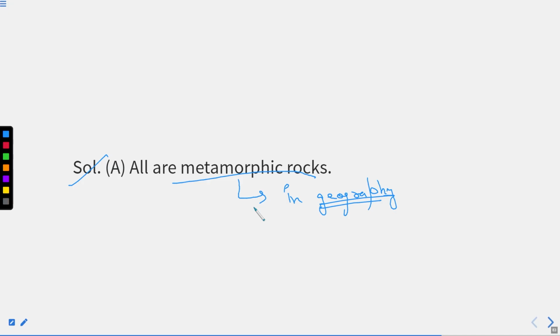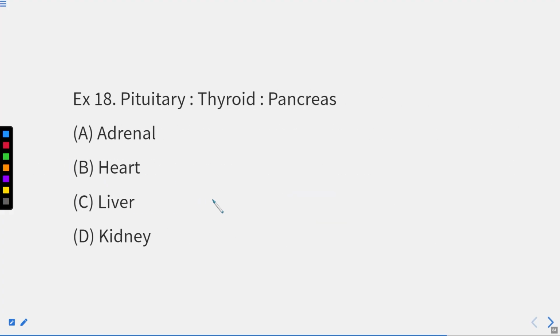These are the basic types of rocks that are formed from different physical and chemical processes. Now, here also, they all are metamorphic rocks. Hence, our answer will be option number A that we have marked. I hope this part is clear. Now, I am directly moving to the next part of this question. Again, now this is related to biology. But as a student of class 10th, you must have read all these things.